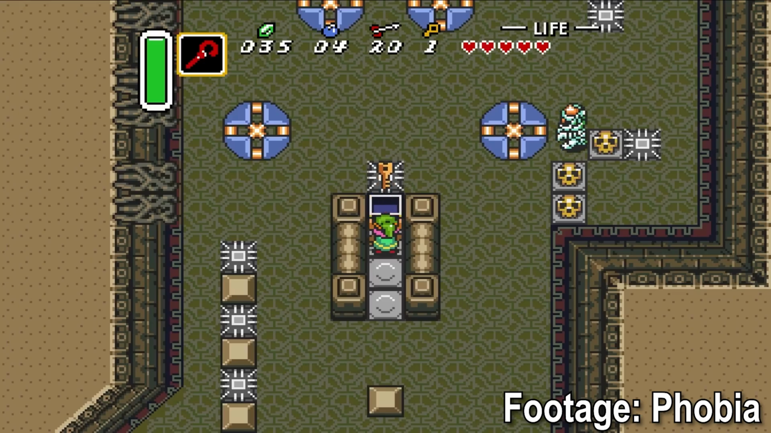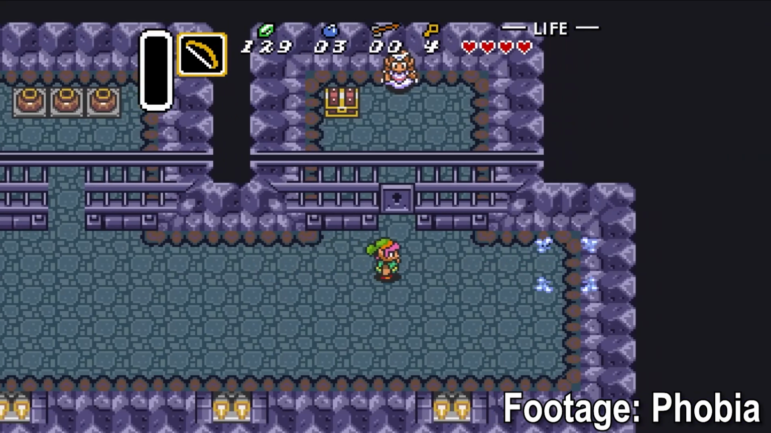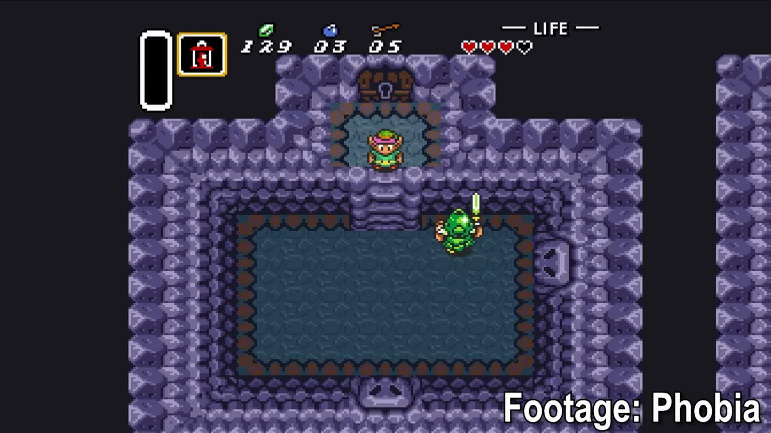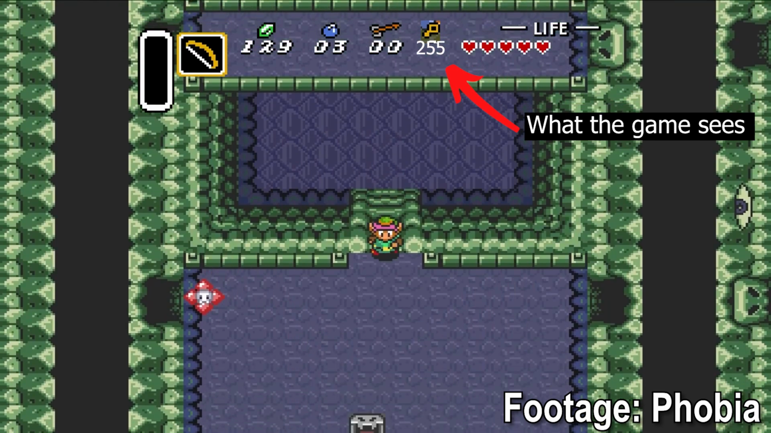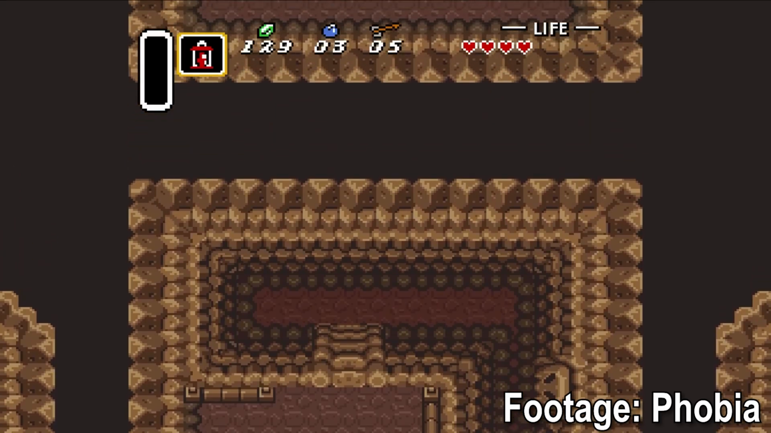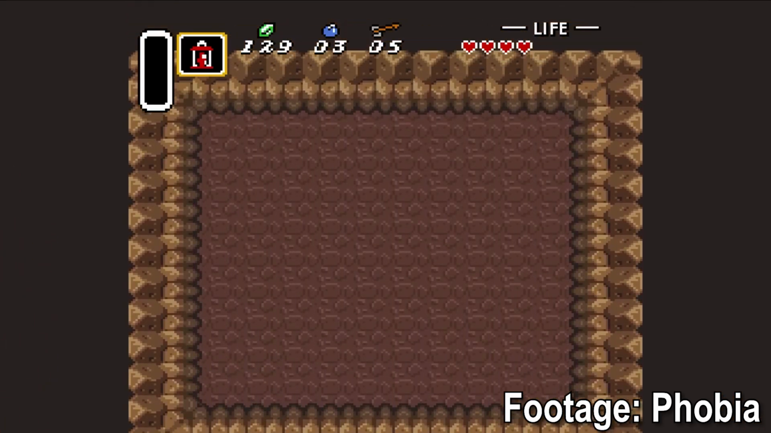Another really cool thing about this glitch is how small keys and big keys are treated in this state. As you can see, I just opened up a locked door even though I have never picked up any small keys. Well, that's because the game thinks I have the max amount of keys possible for this dungeon. This is because of the game still thinking that we are in a cave, and caves are not meant to